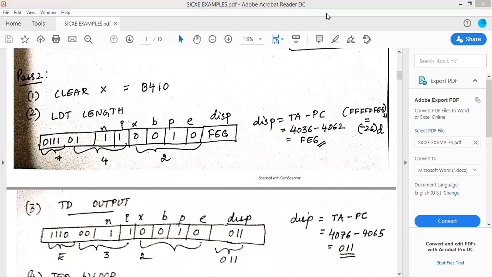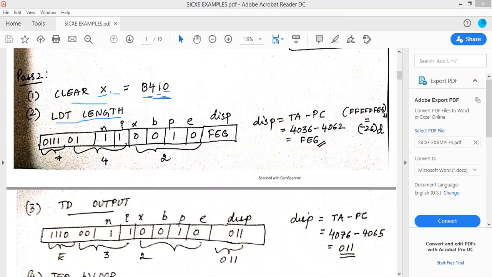In pass 2, for the first instruction, CLEAR X, which is format 2, you write the opcode of CLEAR, which is B4, and then write the code for the register X. This is what you have to remember: the codes for the registers won't be given to you. X has the value 1, so you need to remember that. It does not have a second operand, so that is written as 0.